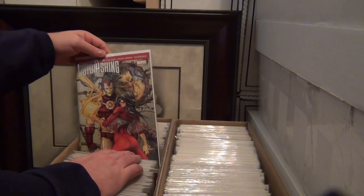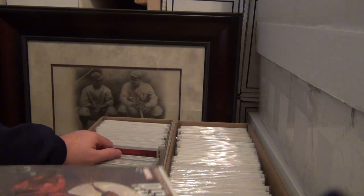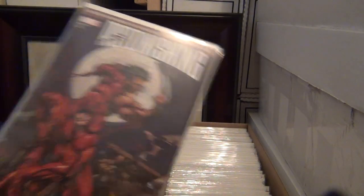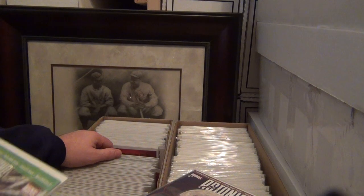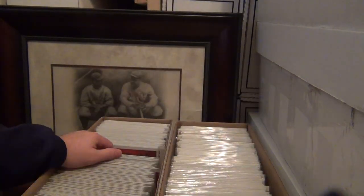Like that Spider Woman. There's issue 3. Then I went back and got issue 4 and issue 5 with Mojo on the cover. So